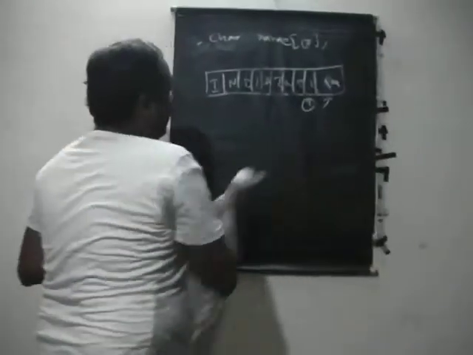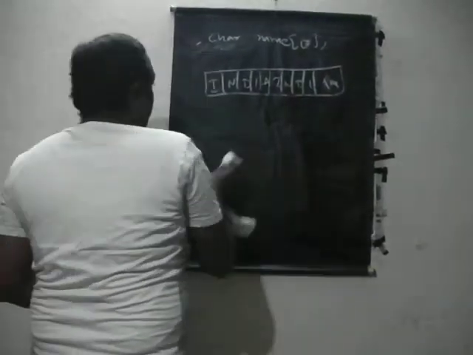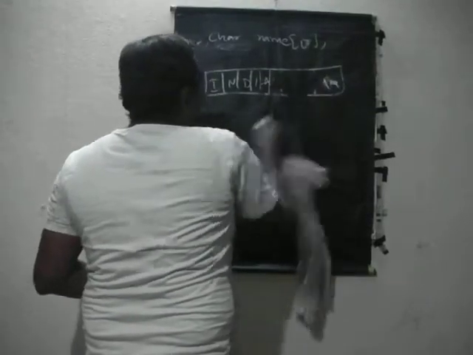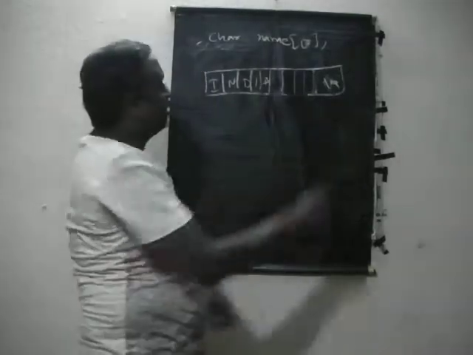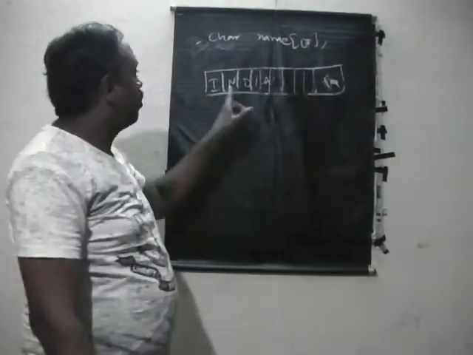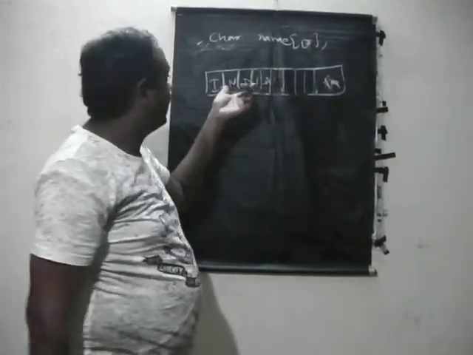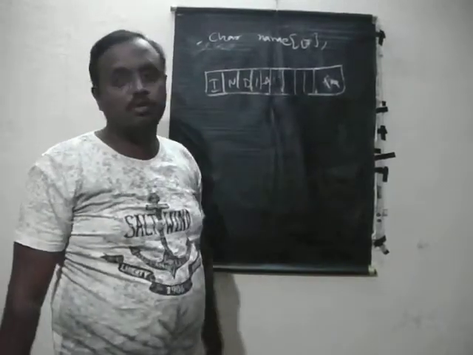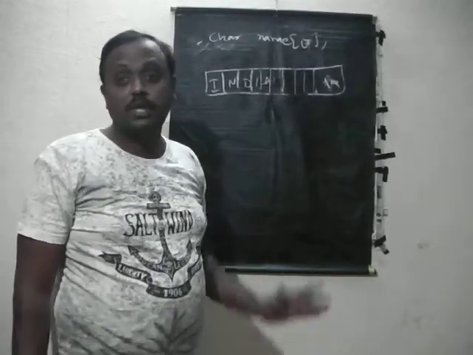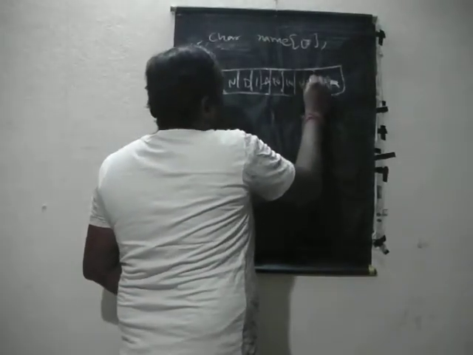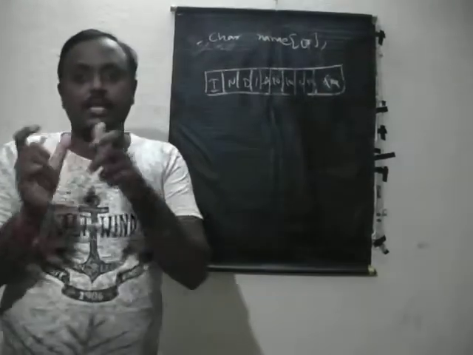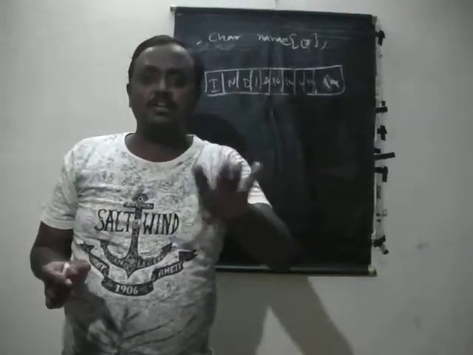The second point. For example, I will give only these 5 characters. I am declaring a size of 10, and the last is automatically the null character. I allocate only 5 characters: I, N, D, I, A. So what about the remaining 4? It is not left empty. When you don't allocate anything in the allocated memory, it will simply be filled with null characters.